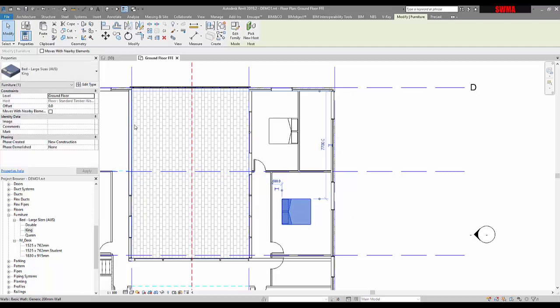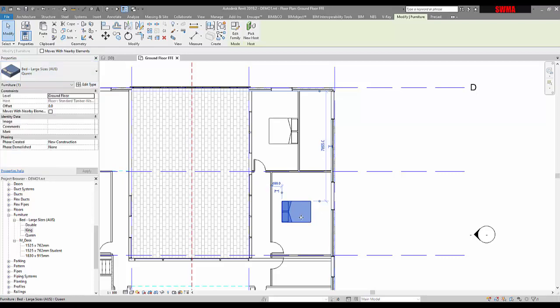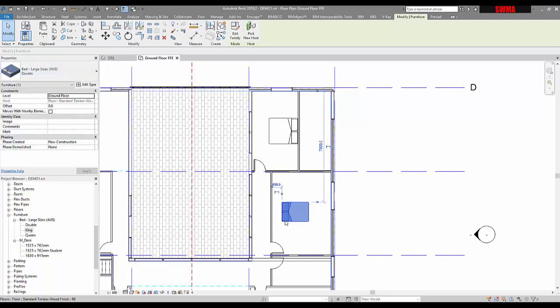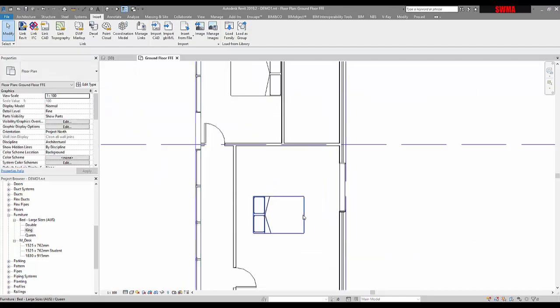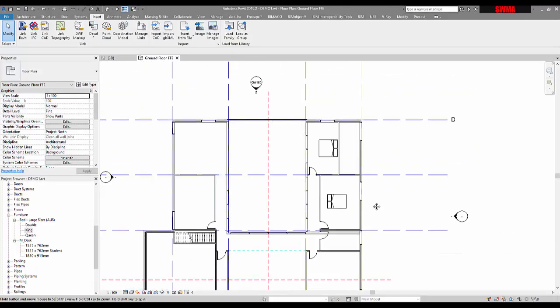And I can also say, well, this room's not going to get a king bed, they'll get a queen, and that will now shrink to a queen, or it could even shrink further to be just a double. So once it's loaded in, it will have different types within it, and then you can sort of manipulate it as need be to have it best fit the space. So those are some beds,